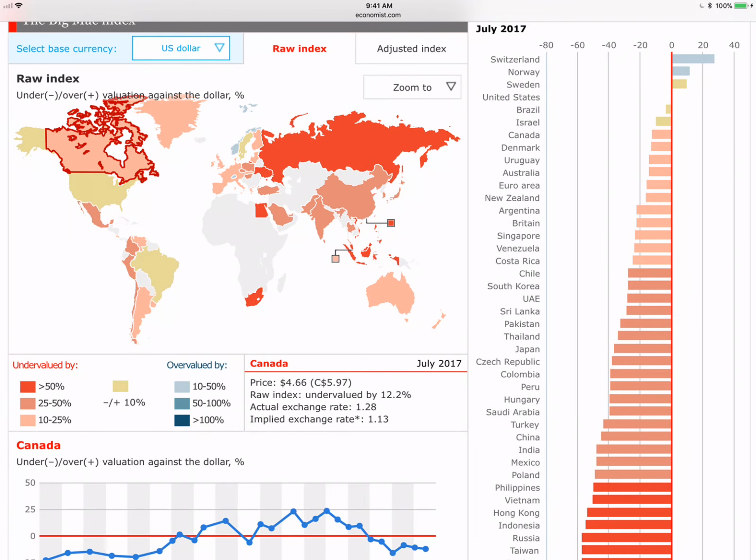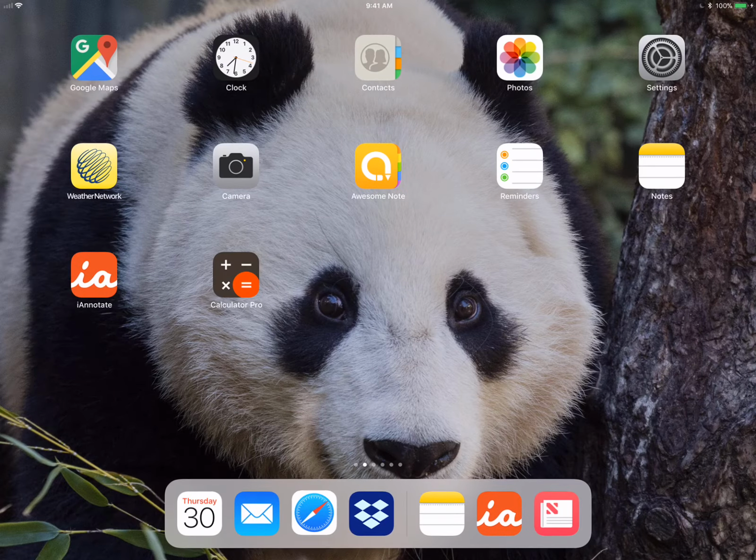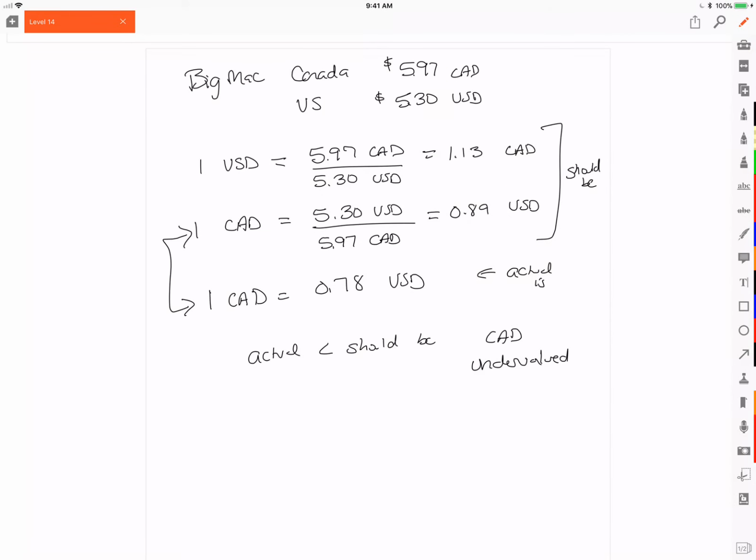And if we find the European Union, you're paying 3.91 euros. So let's go back to our blank sheet. Remember that 3.91. And let's just write that out. So a Big Mac in the European Union